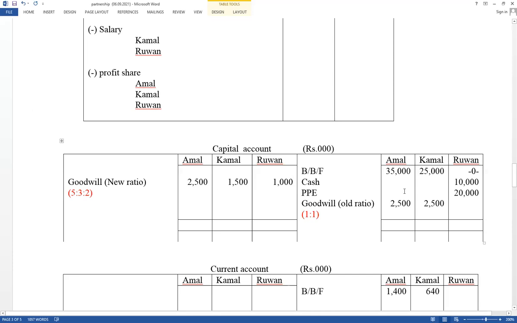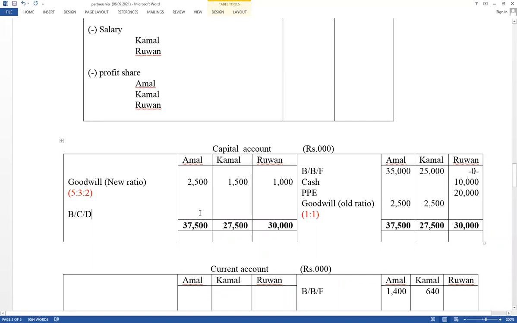Right, first calculate the closing balance. At the same time, try to calculate interest on capital also. The capital balance does not change further. Right, the credit side total amounts are 37,500, here 27,500 and here 30,000. Take those values to the debit side: 37,500, 27,500 as well as 30,000. Then the difference value is the balance carried down. The capital account balance is not changed further.